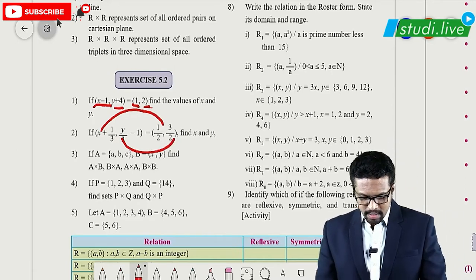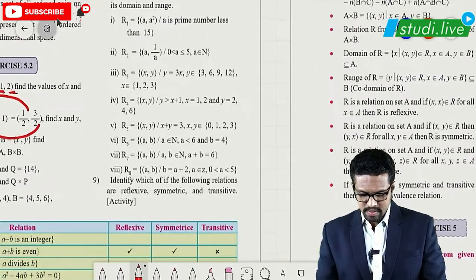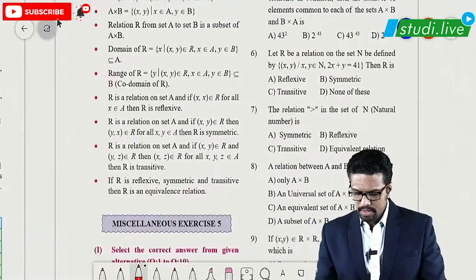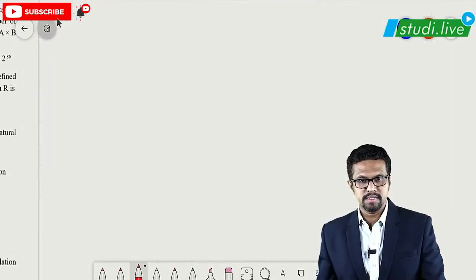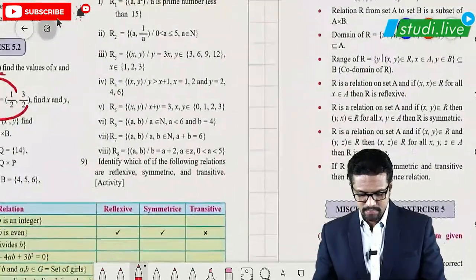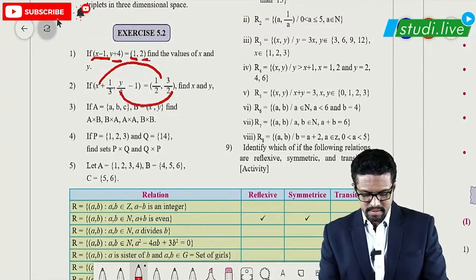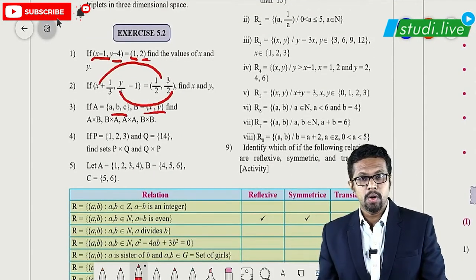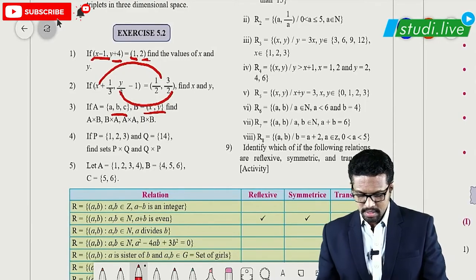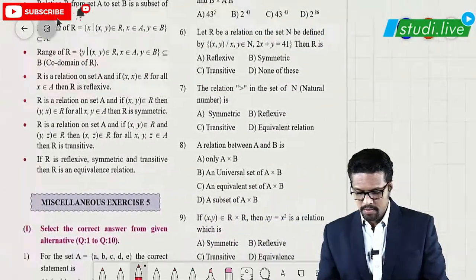Finding the product of sets, like I said, how do we find the product of sets? It is by writing the ordered pairs. Say a set contains A, B and C, and the second set contains X, Y. What is the ordered pair? Obviously that is A comma X, A comma Y.